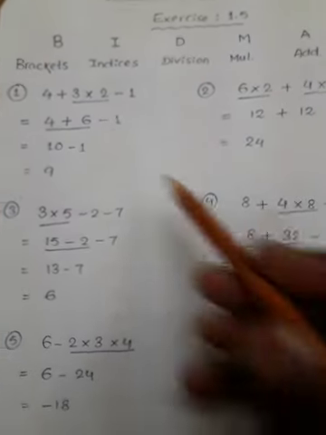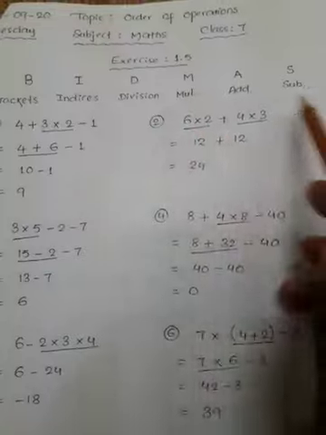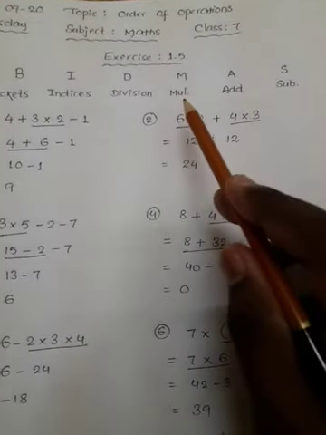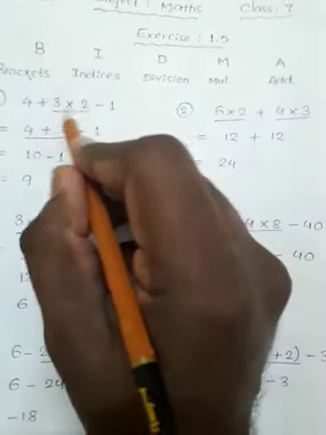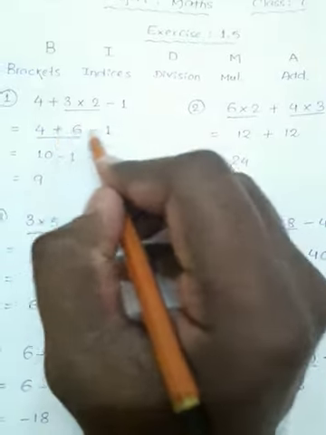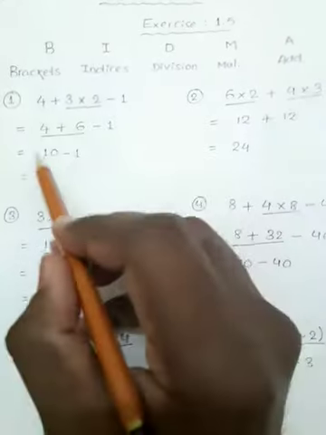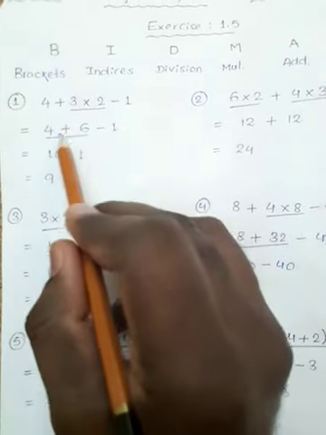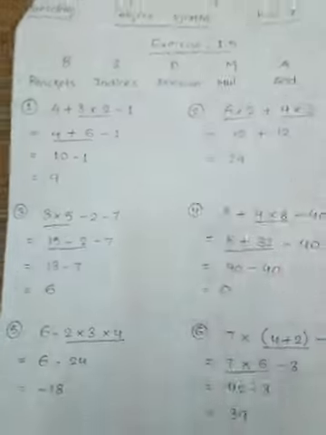Okay, so now what do we have to use? Plus, multiplication and subtraction. Which one first? Plus means addition, then multiplication, subtraction. So what is the first one? Multiplication. So we have to do the multiplication first. The remaining, write it as it is. 4 plus, minus 1, write it as is. 3 2s are 6. So 4 plus 6 how much? 10. Because for plus and minus, you have to do the plus first. 4 plus 6 is 10. 10 minus 1 is 9.